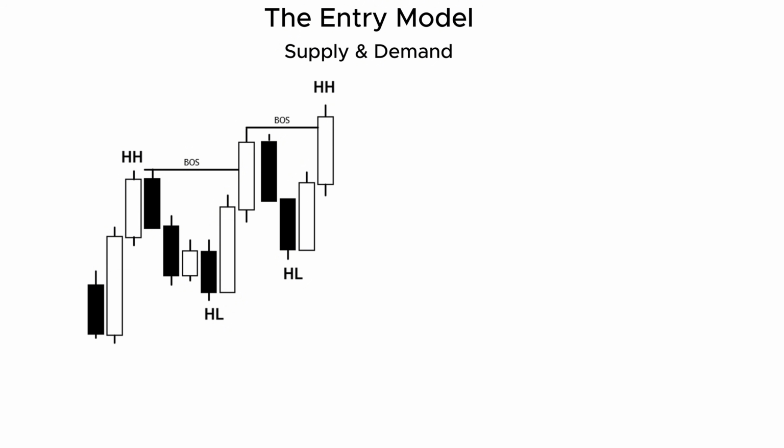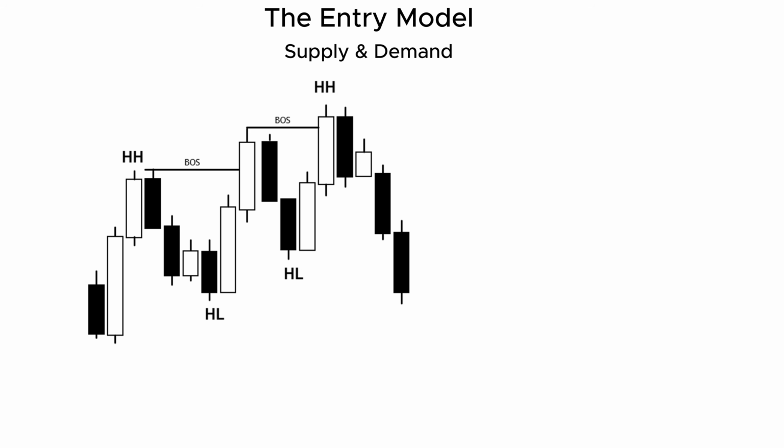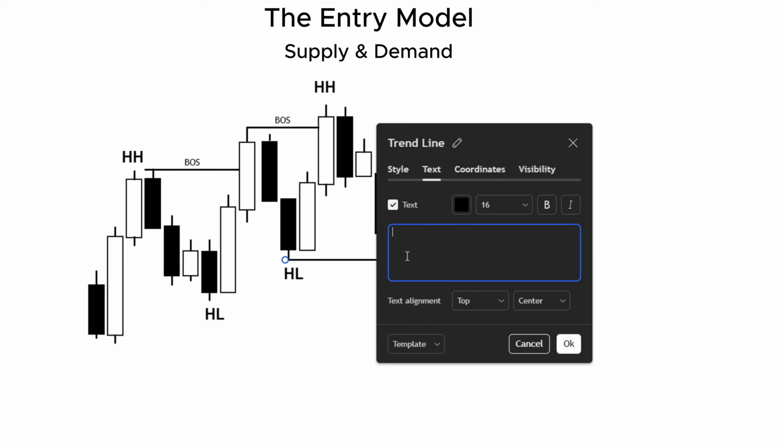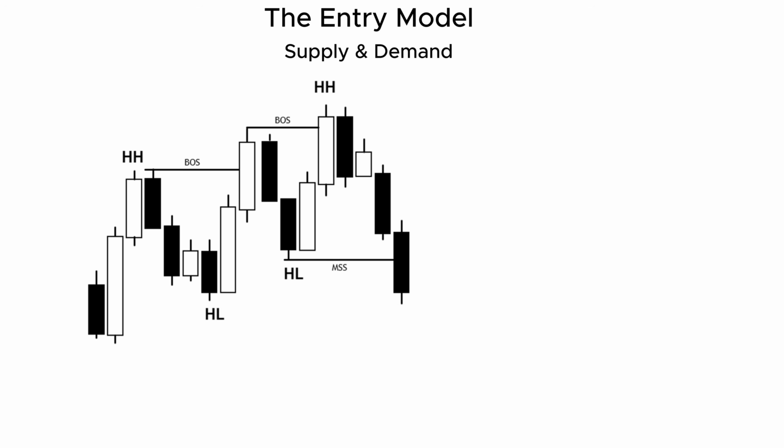Now what happens when the market fails to hold this trend, and instead of forming a higher low, it breaks down below the lows? Well, the breaking of swing lows in an uptrend is called a market structure shift. We mark the shift from the previous structural low to the recent low that just broke down below it. This market structure shift just indicates that the market has a high probability of trend reversal from an uptrend into